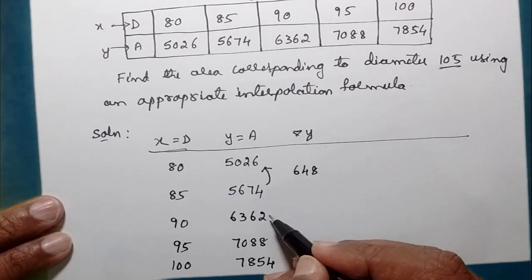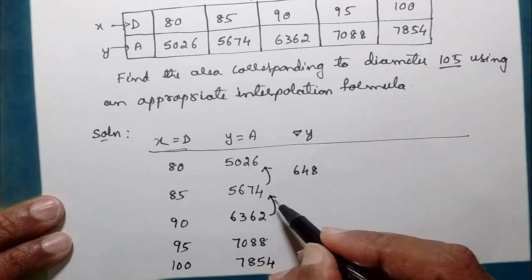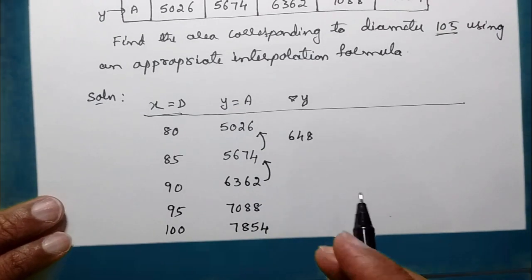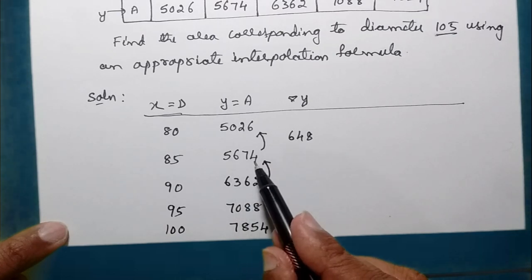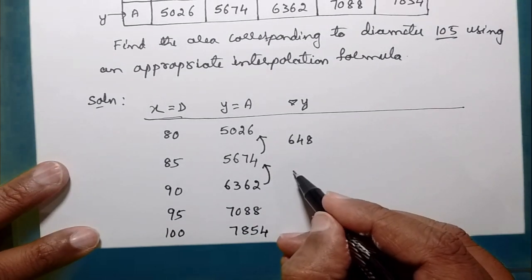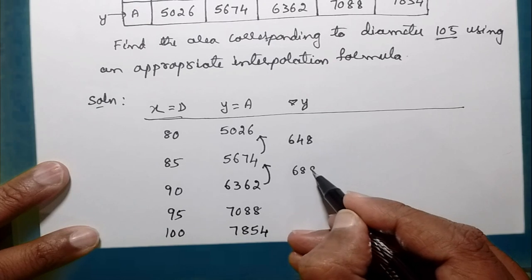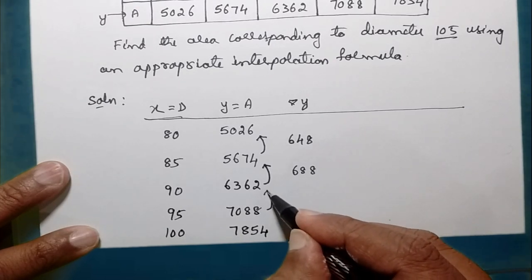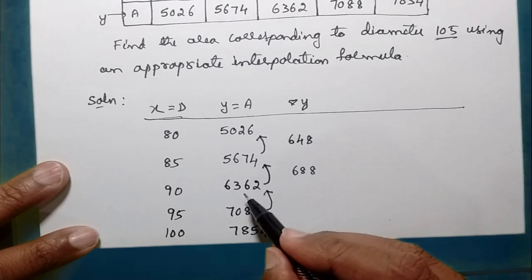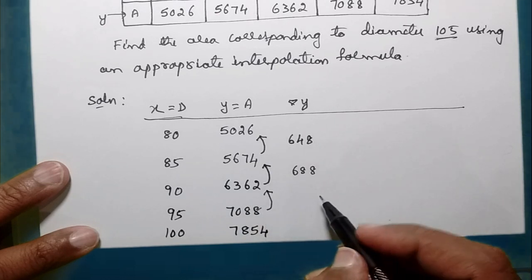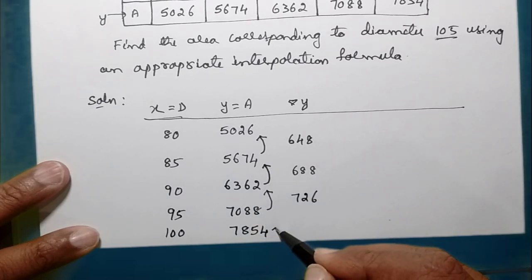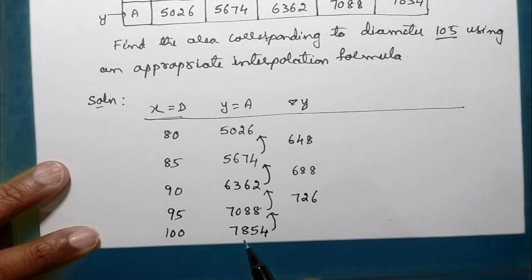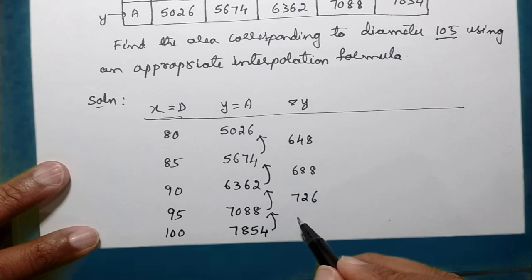Then take this difference, 6362 minus 5674. How much are you getting? 688. Then 7088 minus 6362, 726. Take this difference now, 7854 minus 7088. Are you getting